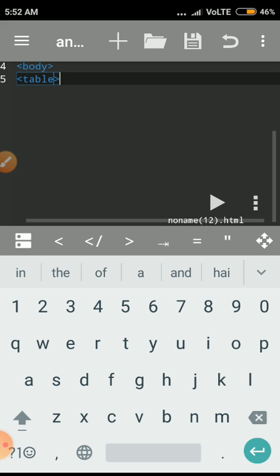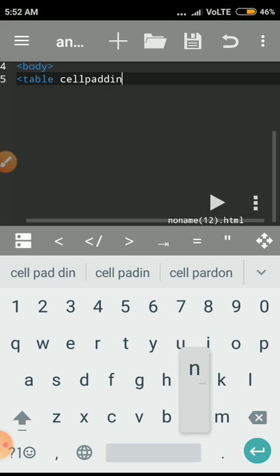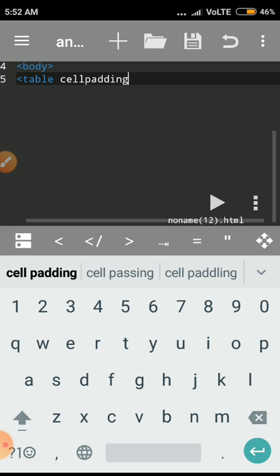Actually cell padding is a marginal part. Okay, so here we just give cell padding. The cell padding attribute is used to set the margin within a cell. It sets the amount of space in between the cell border and cell data.